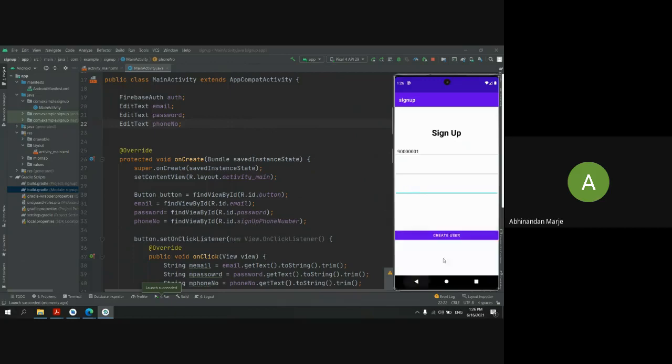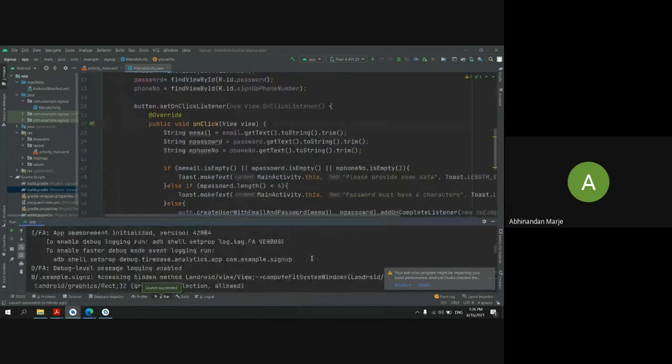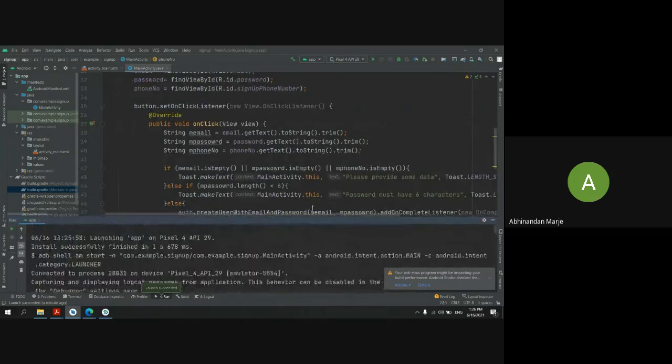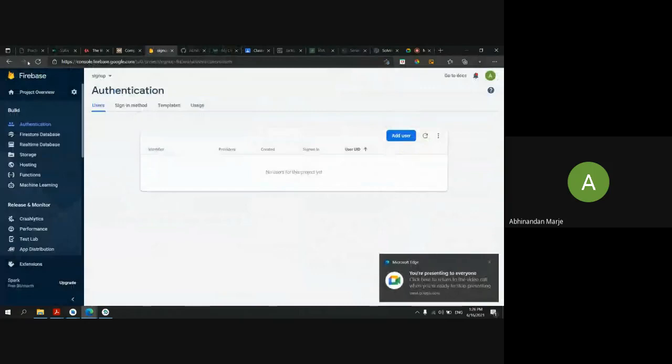Okay, and I will create scratch. Let's just check for value.